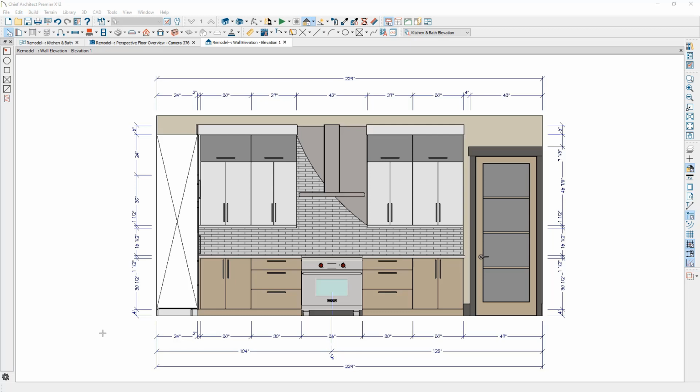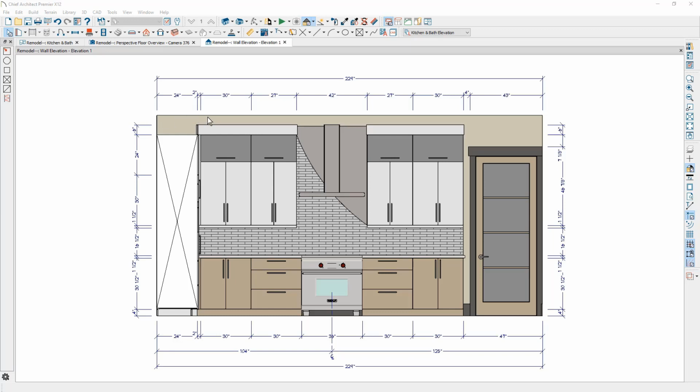If you take a look at my finished wall elevation, I've gone through, cleaned up the dimensions, made some adjustments here. I've used the annotation callouts. You can see a couple of more cross boxes that I've placed for the crown molding and the soffit that I'm going to place here in a minute. And again, you can clean this up and create really your own style depending on what your preference is for your dimensions.